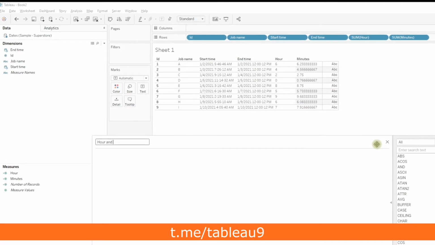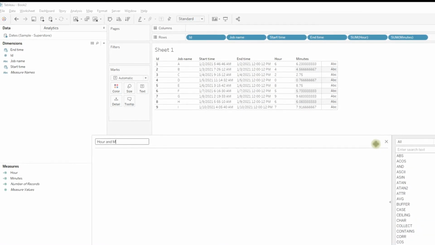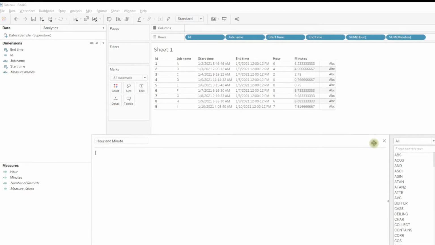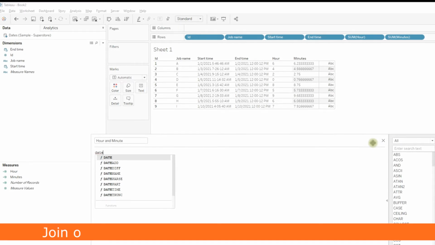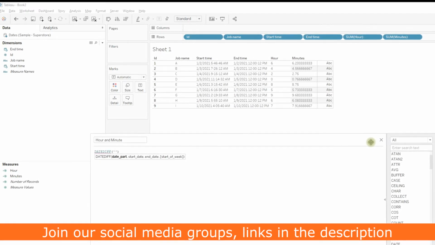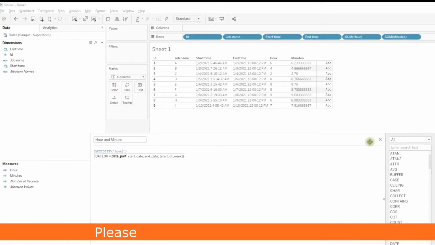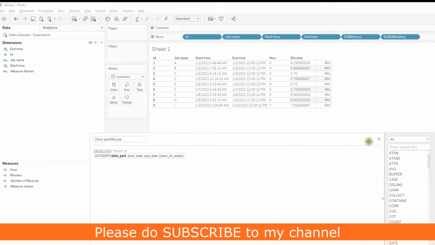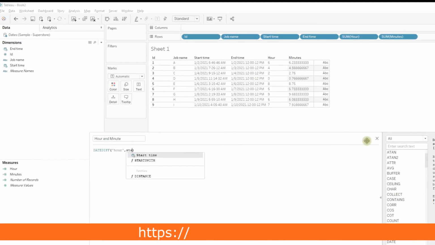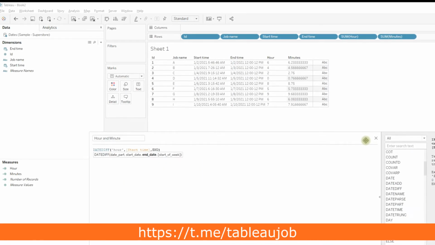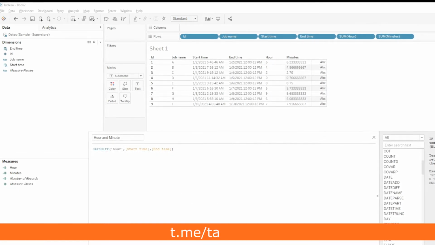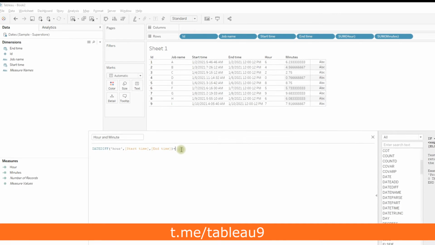Let me name the calculation as hour and minute, but I'm going to write the calculation to get the minute first. So DATEDIFF, hour, comma, start time, end time, minus 1.